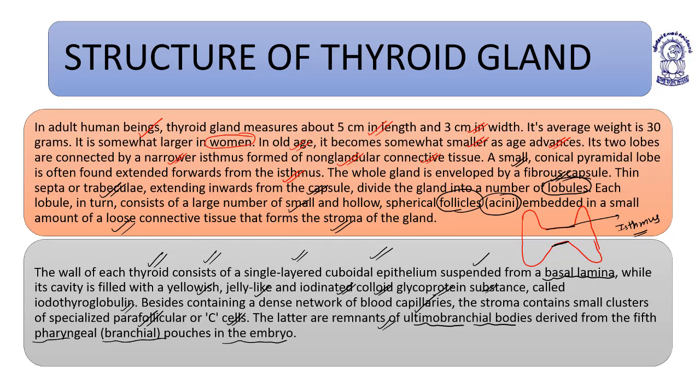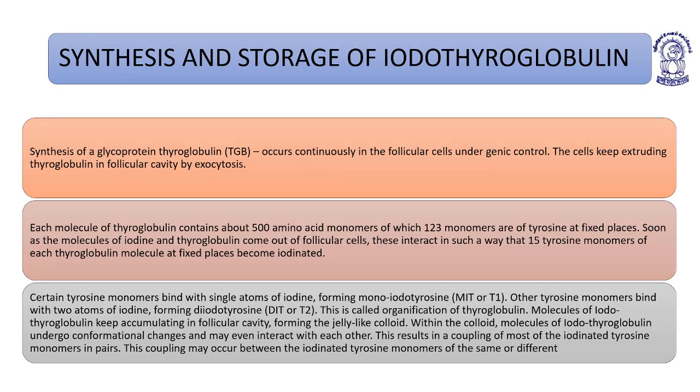Now, next slide. Synthesis and storage of iodothyroglobulin. Synthesis of glycoprotein thyroglobulin occurs continuously in the follicular cells under genic control, meaning under genetic control. The cells, basically, we have studied in class 12